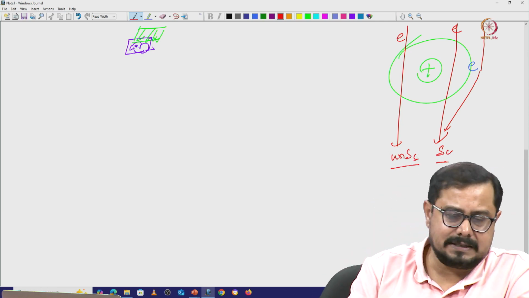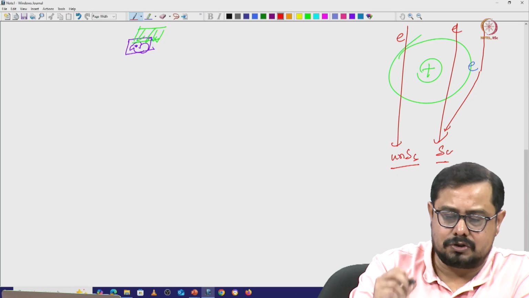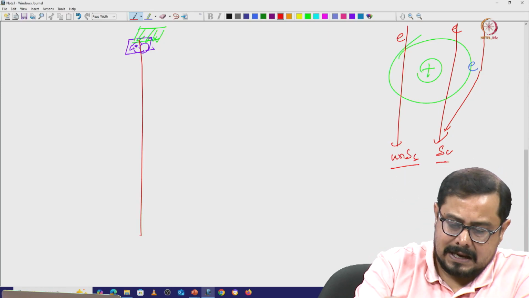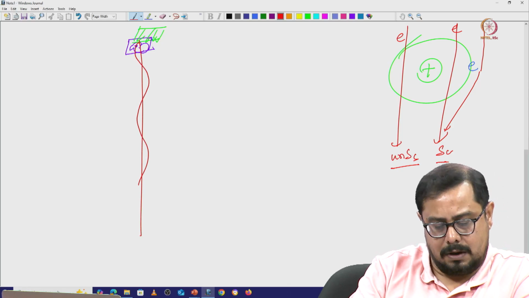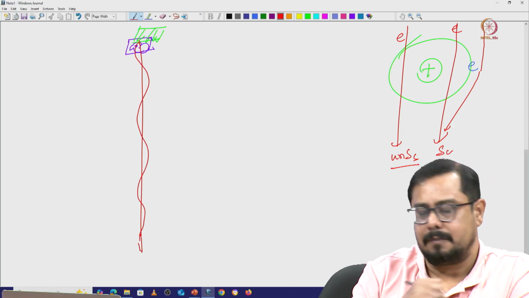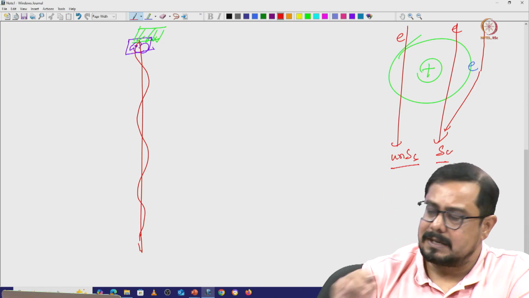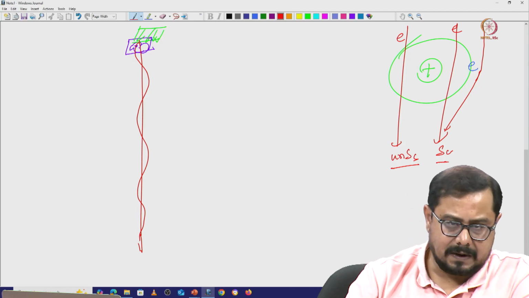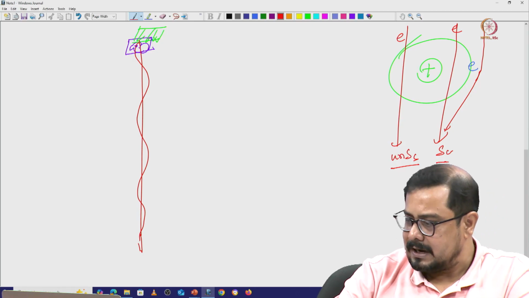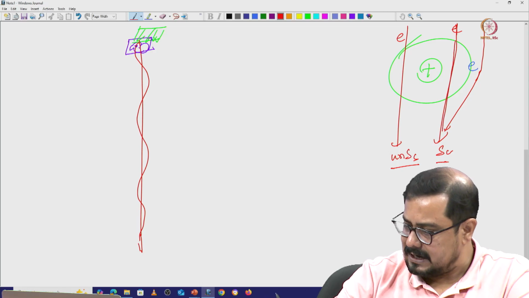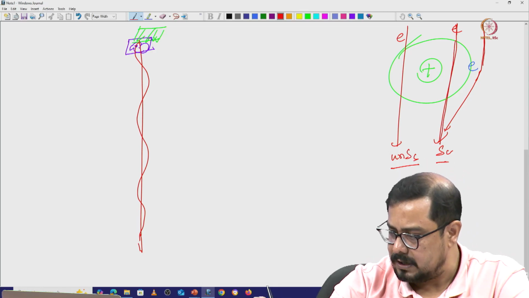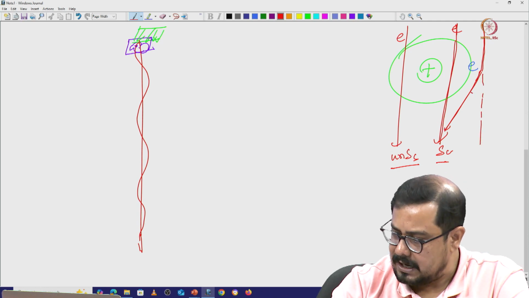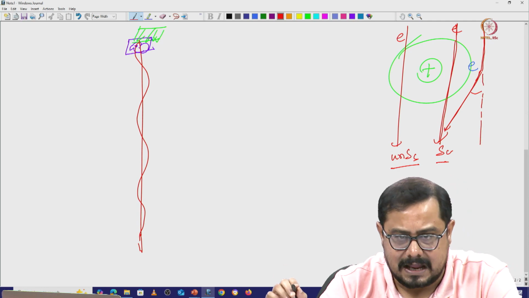Here also a similar incident is going to happen. So first let us draw the unscattered electron beam. This will be the optical axis, and the wave will go and merge somewhere at your image plane. Now, because of scattering, electrons can scatter at different angles. This electron can go straight, and this electron is scattered, so it should go like that.